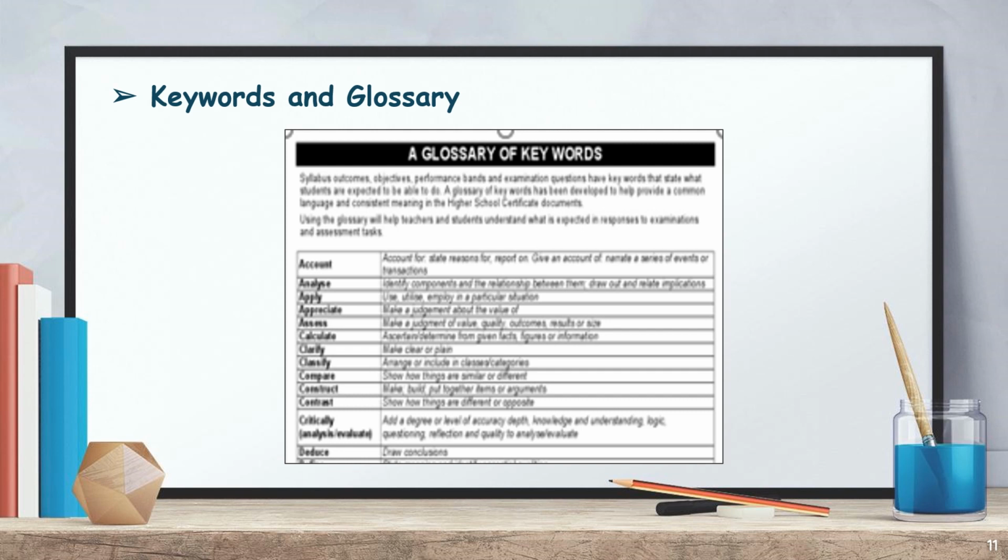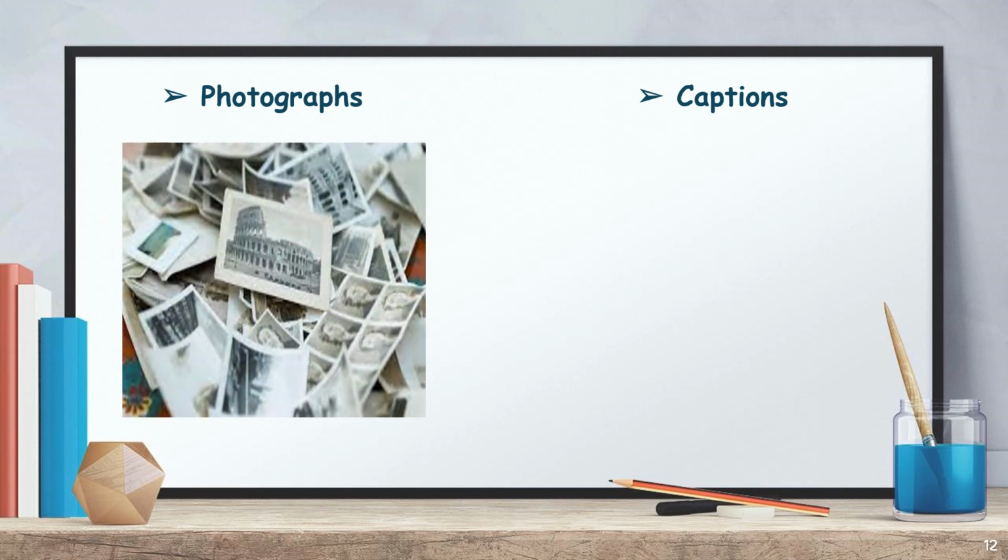So take a look again at the picture as an example. Now let's have photographs and captions. A photograph is also known as a photo. It is an image created by light falling on a photosensitive surface, usually photographic film or an electronic image sensor such as CCD or the CMOS chips, while the captions in some